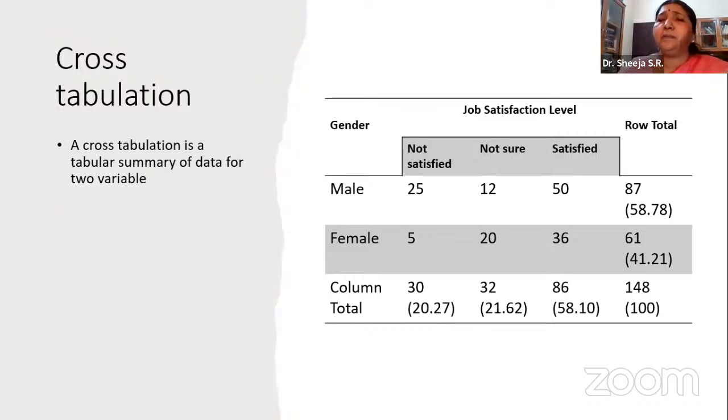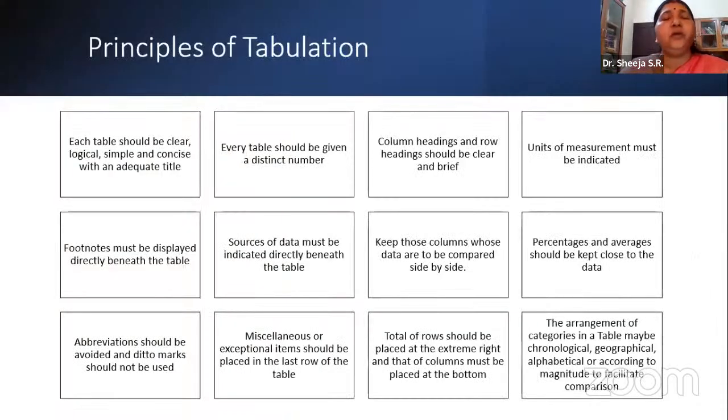So such kind of information can be easily obtained from looking at a cross tabulation table. So that most often we use cross tabulation tables for summarizing data. Then there are some important principles that you have to remember while